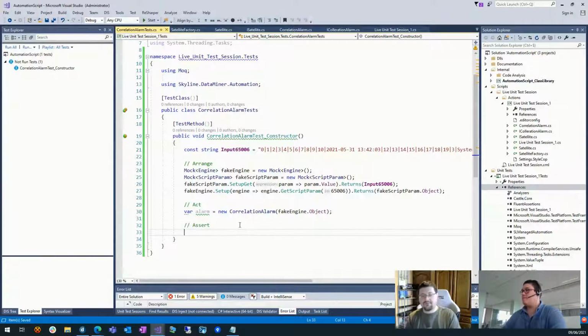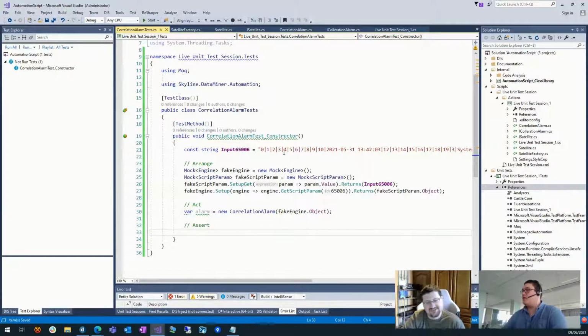Michiel, if I were to ask you, when I create a correlation alarm, how would I look that the correlation alarm is correct? Well, first of all, see if an actual object is being created, that the constructor is successful. Yes. And then secondly, the data inside of it, most importantly the properties, are returning the values as it should have been parsed.